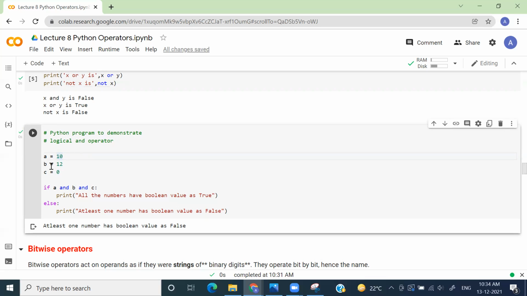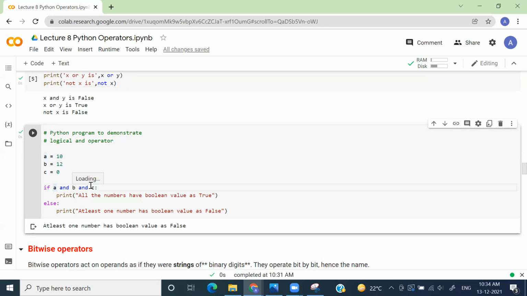Now just add one more layer of information on top of it. Anything which is positive and greater than or equal to 1 is true, right? So here 10 is equivalent to true, 12 is equivalent to true, right? So here what will happen?